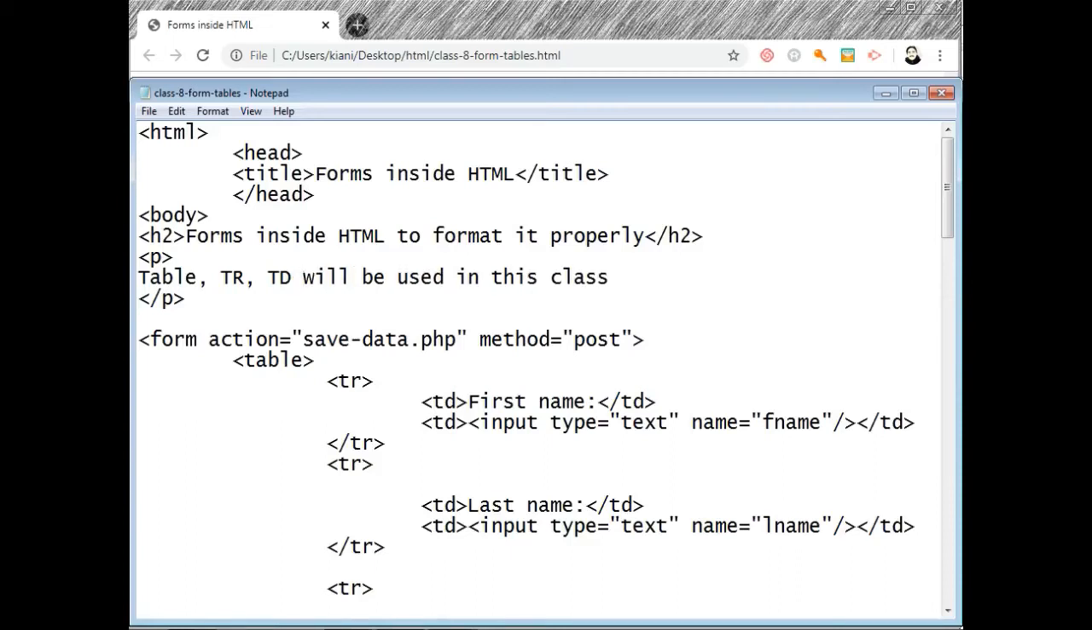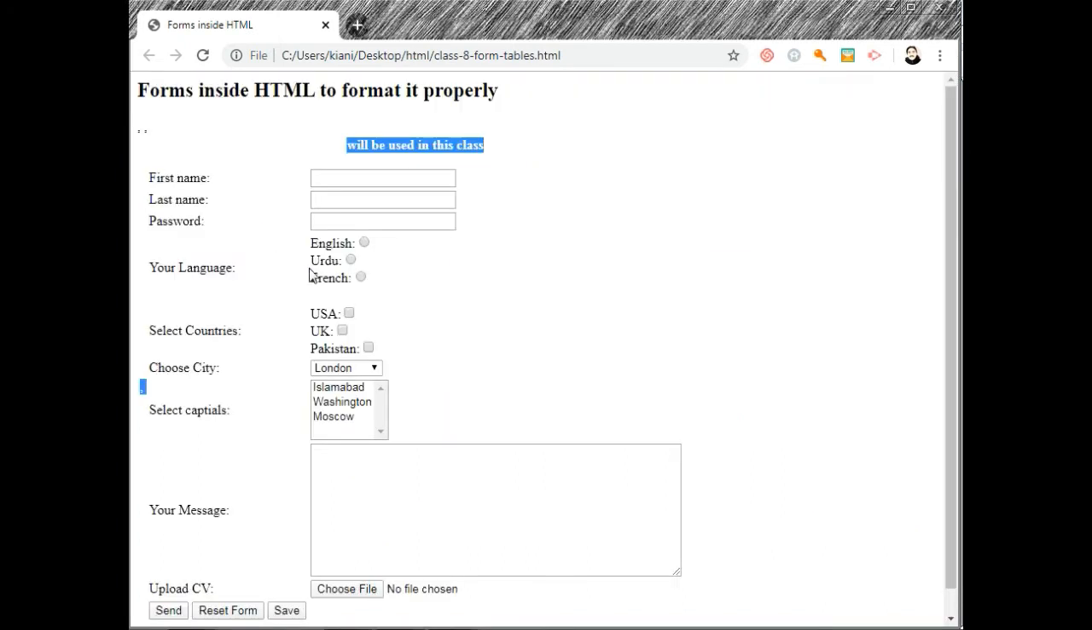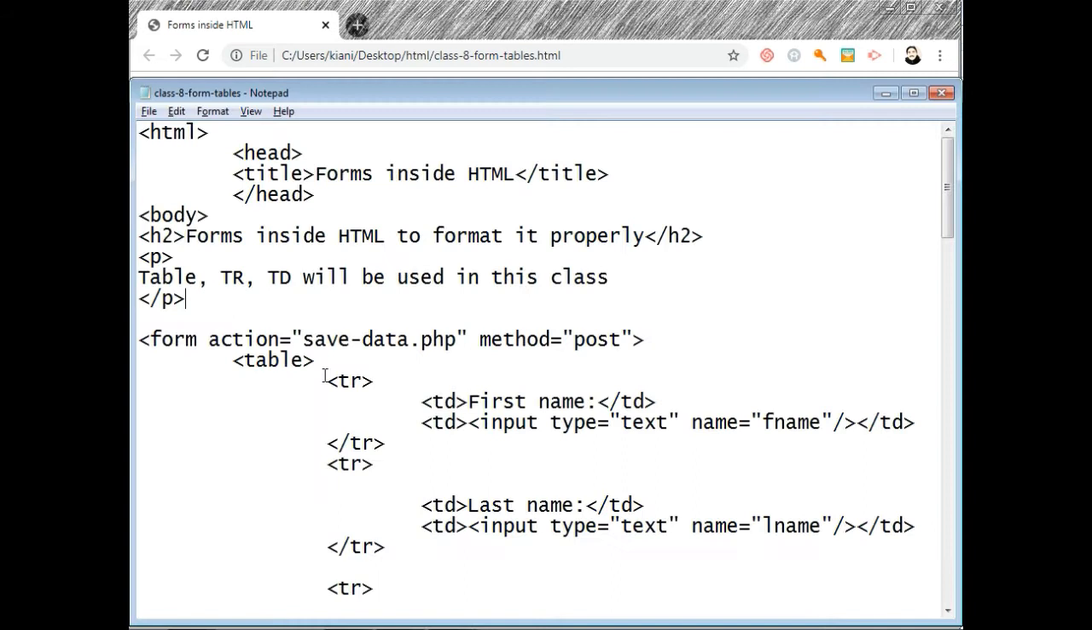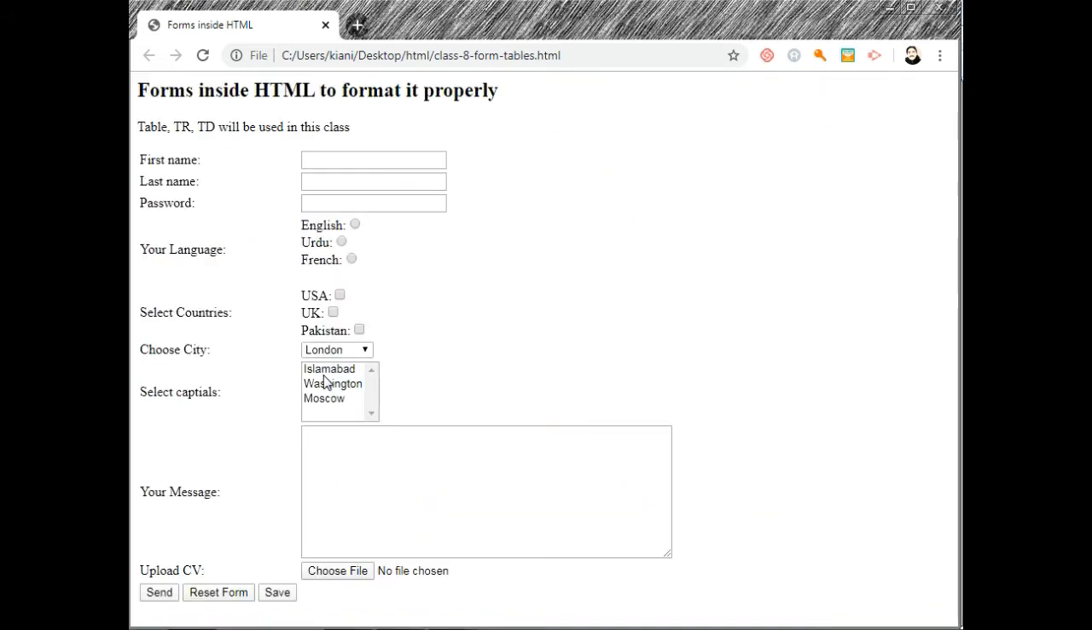Not used in it. Will be used in this class, right? Save it. Right. Save. You see the alignment now. Everything is good. Right. So for this, because these are not aligned,